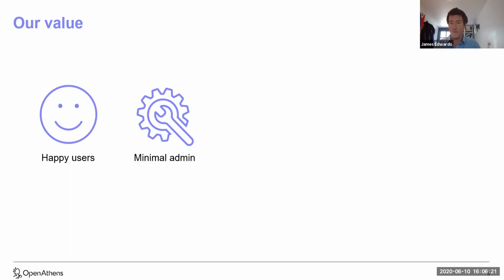Also, the interface for OpenAthens, which I will show you in a moment, has many tools that make it really user-friendly for yourself. So you can do tasks that might at this time be taking you a long time, but with our tools, it makes them a lot quicker and easier. So it frees up your time as a librarian to go on and do great things. Then there's the peace of mind. We do not compromise on security in any way. It's a very secure method that we use, and you don't have to worry about data and security. We will look after all of that for you.